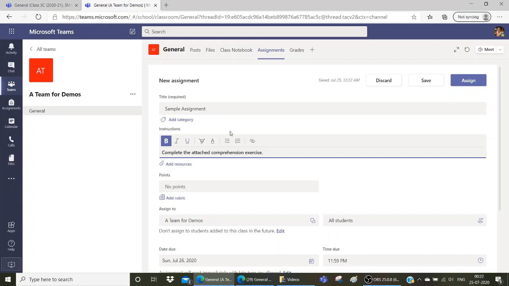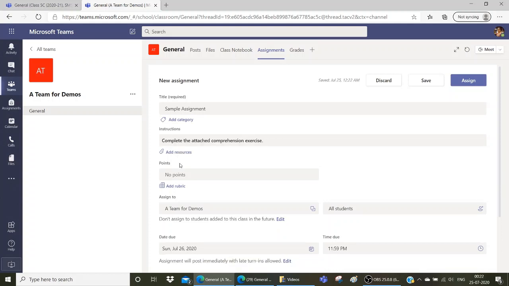Right now, at this point we need to attach some resource to our assignment. So we assume that we have already prepared a resource and we can add the resource from here. So we click on add resource, and then